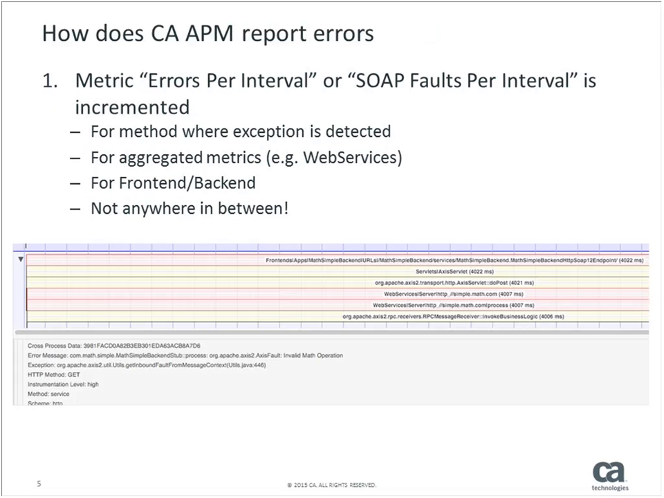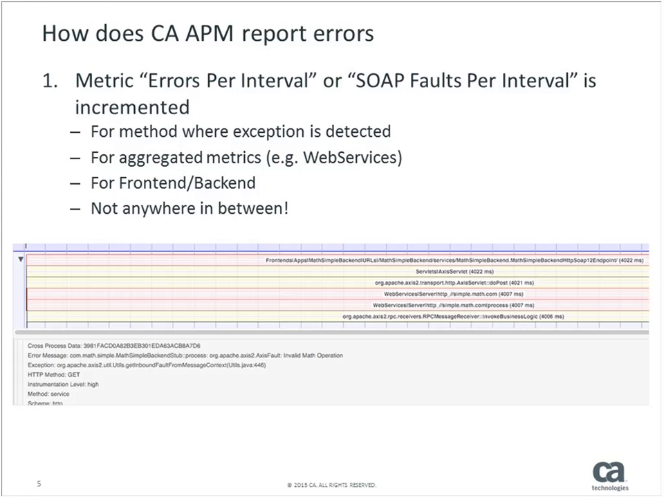So on to the next topic. Now we've covered what we can detect, and now how will you be aware that an error happened. So the first thing, if, for example, exception error reporter detects an exception thrown out of the method, it will